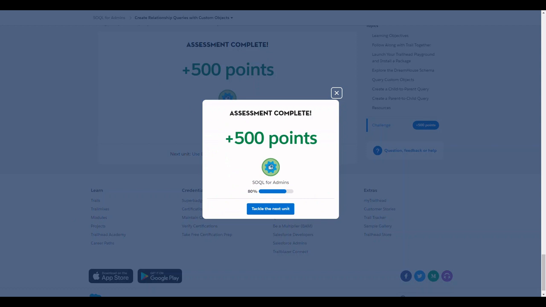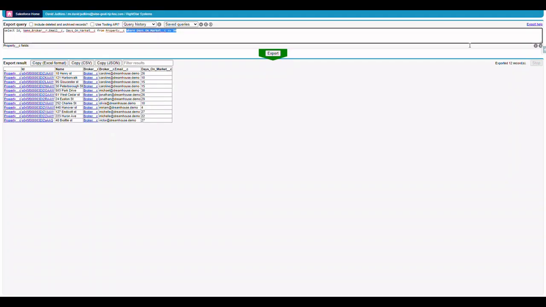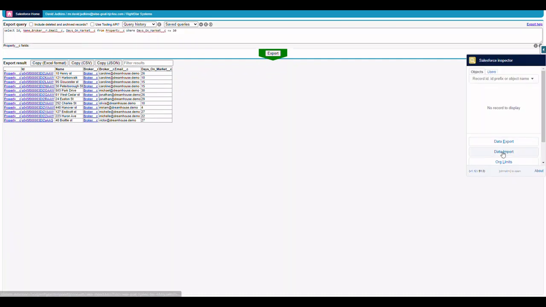What probably was the most important lesson there was, again, for writing my SOQL queries, I tend to use the Salesforce Inspector. I think it's a really good tool. Again, it's free. It's a Chrome extension. It's very easy to get there. As soon as you log into Salesforce, you'll have this icon over here. Click that. Click data export. There's a lot more uses for it, but it was really useful here, especially in